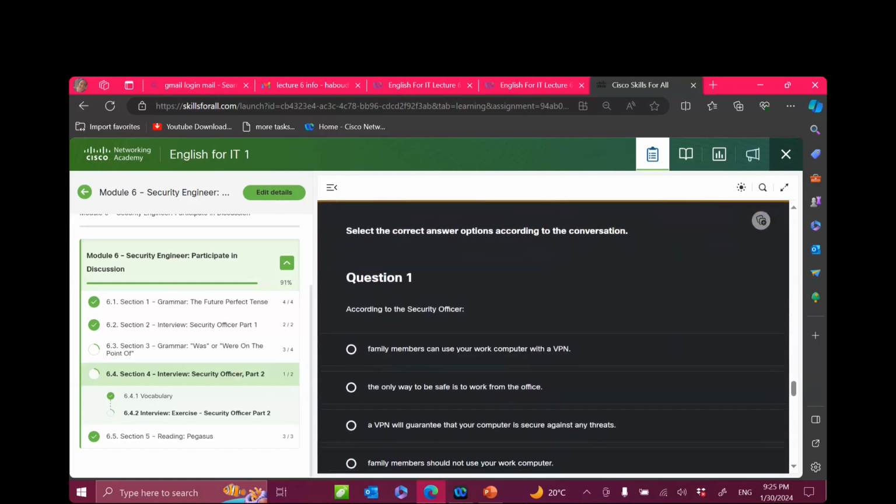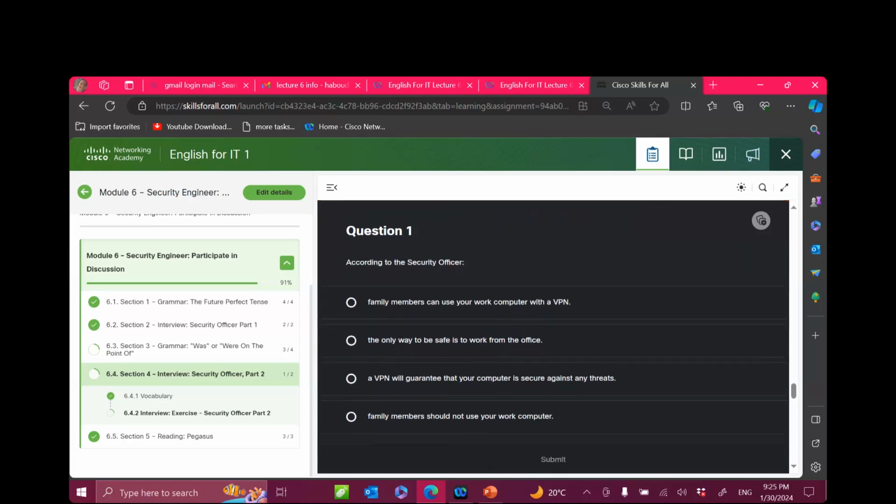Question number 1. We'll select the correct answer options according to the conversation. According to the security officer, what do you think is the correct answer? According to the security officer, family